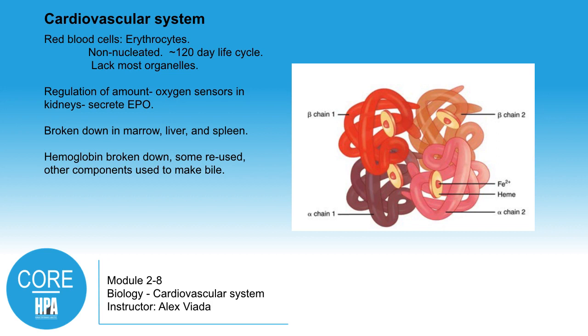They have a 120-day life cycle, so they're cycled around. That's actually pretty long-lived. A lot of white blood cells, for example, don't last nearly that long. Now, another interesting property of red blood cells is their disc shape. When they move through fairly small capillaries in the body, those capillaries may be narrower than the diameter of a single blood cell. These red blood cells can actually fold and curl up like tacos or burritos and work their way through. So these are very pliable, very small,